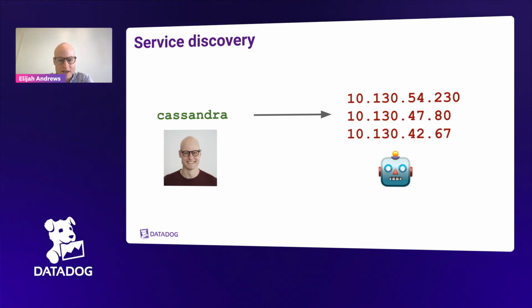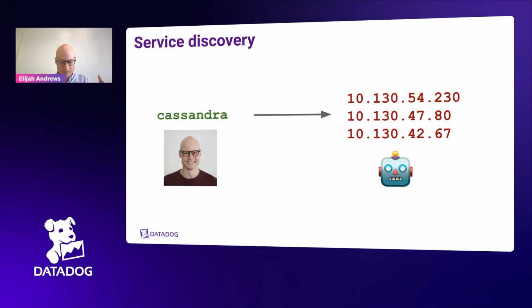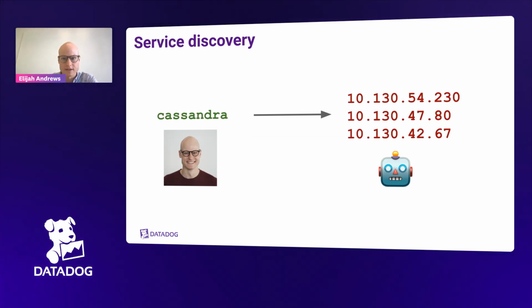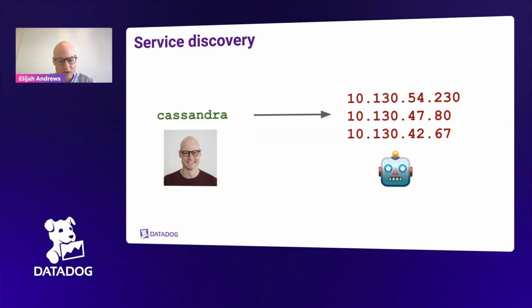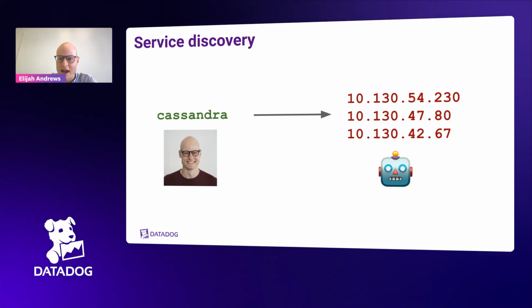Just to quickly define what I mean when I say this: you probably run software systems that have a bunch of different network dependencies, right? You need to connect to different things over your network, for instance, databases and things like that. And you need a way to map the notion of that database that a developer understands, like Cassandra in this instance, which is a column-based data store, into IP addresses that your computer can understand and actually route packets to, right? Your computer works on IP addresses.